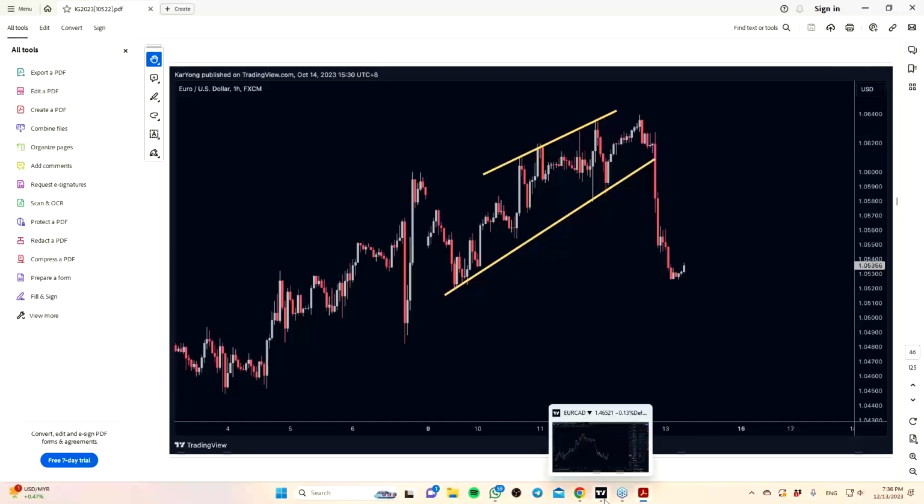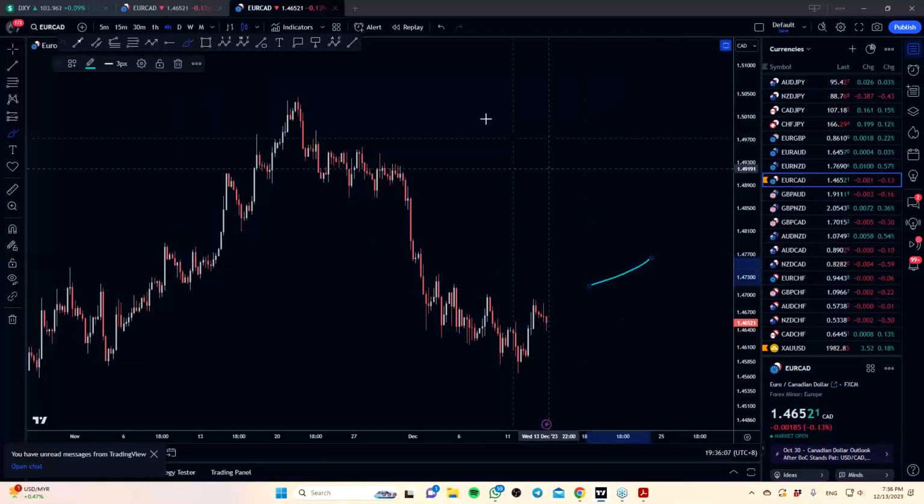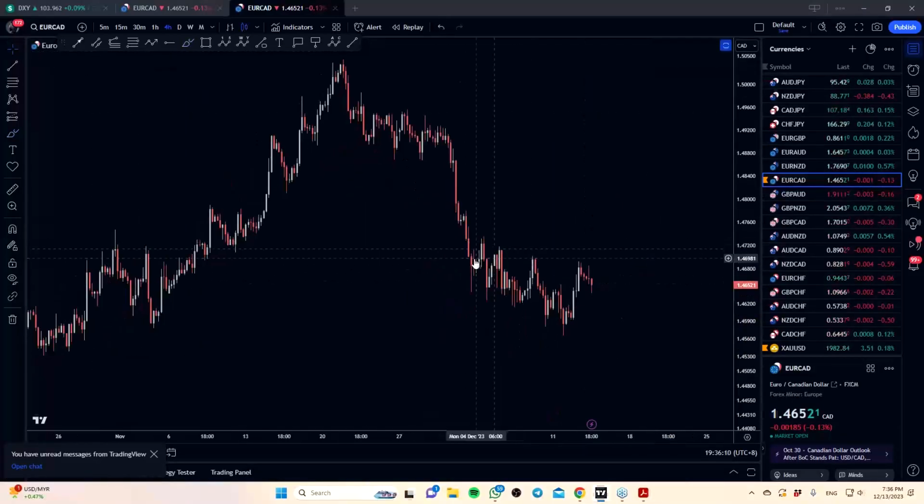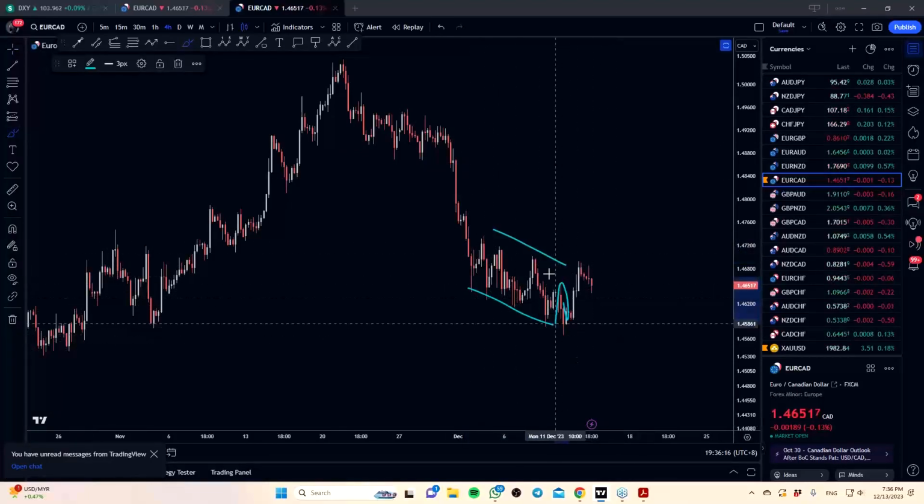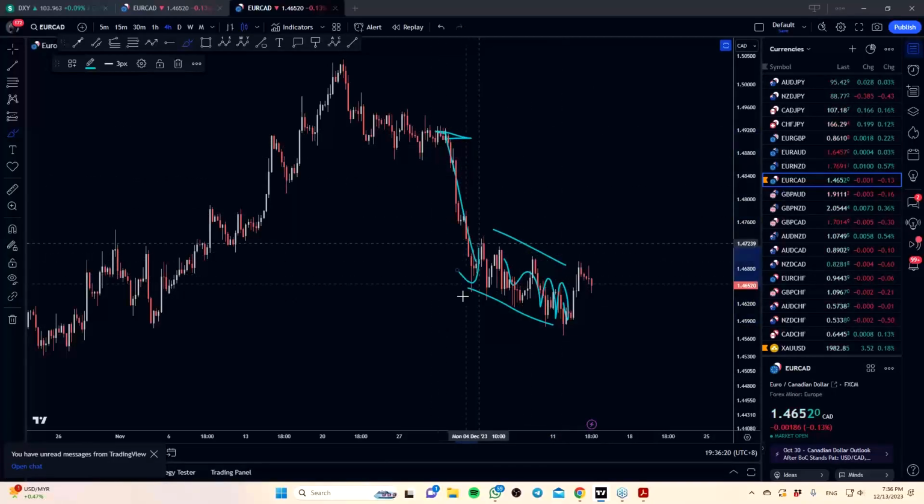So just now I wanted to show you on the Euro-Canadian side of things, right? This is what the pattern looks like in real life. Okay, so again, ask yourself, how is this developing? Slow, right? It's very, very choppy, and then it's landing down. How did the market come from here? This move.